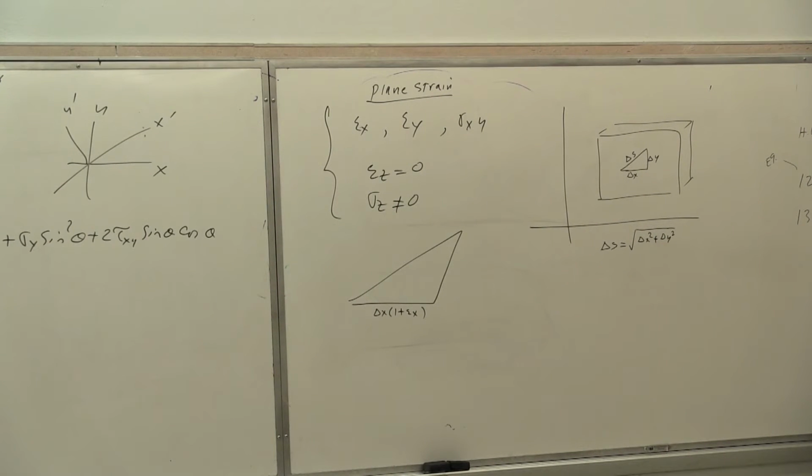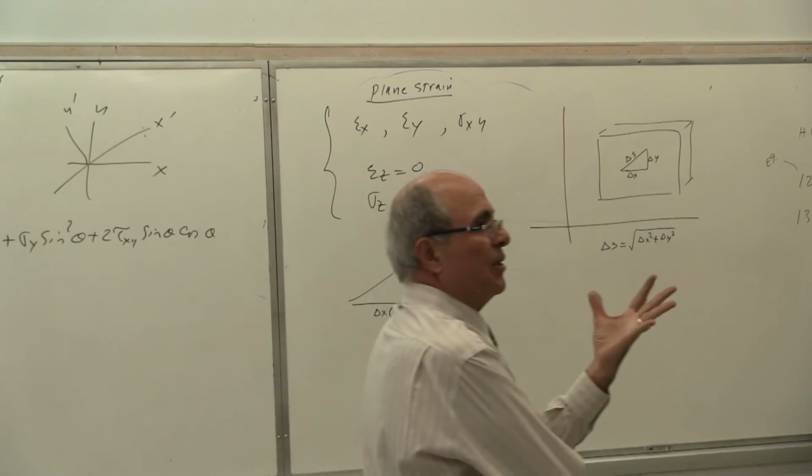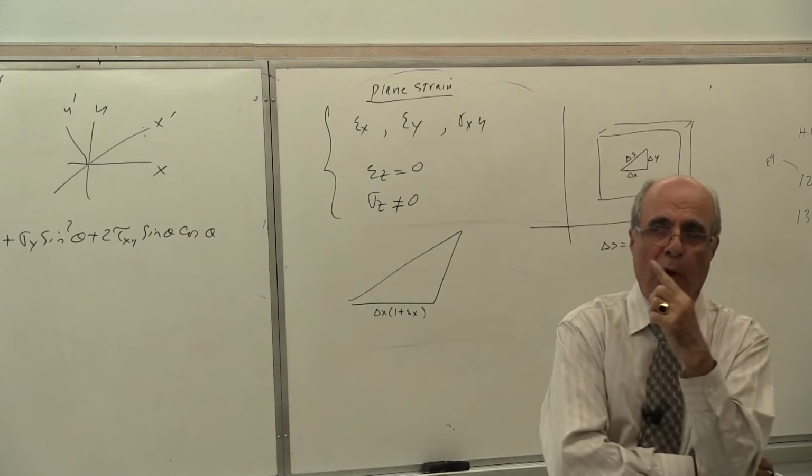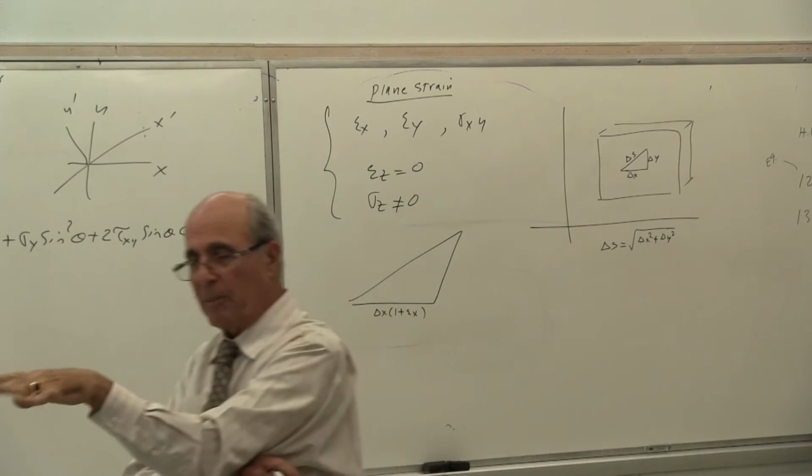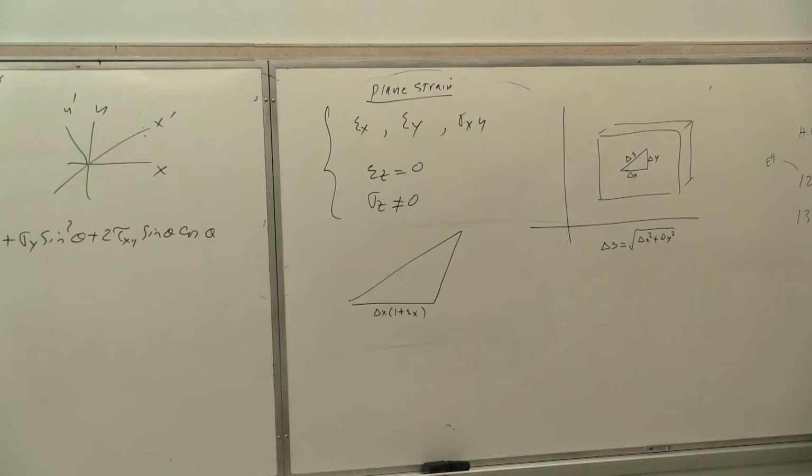Again, many people get into trouble, I don't know why. What is the definition of epsilon x, guys? You see, that's the whole point. If you don't know the definition, I'm glad you all mentioned that. If you don't know the definition of epsilon, then you get into trouble. None of the formulas is going to help you except the definition of epsilon x, the definition of Poisson ratio.